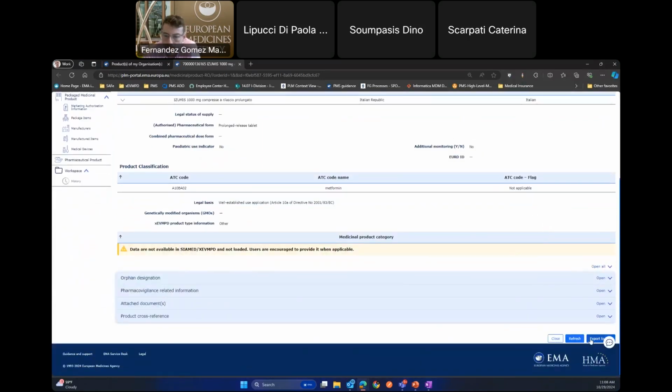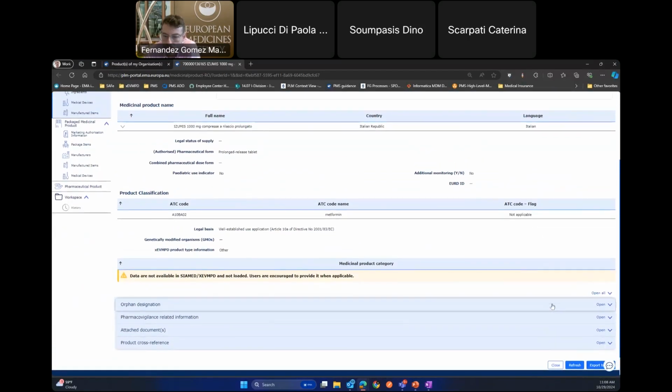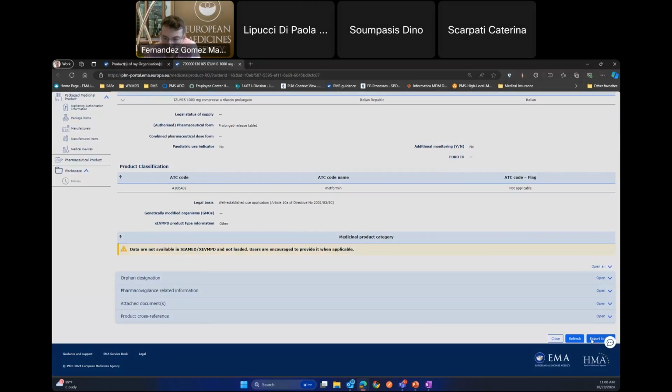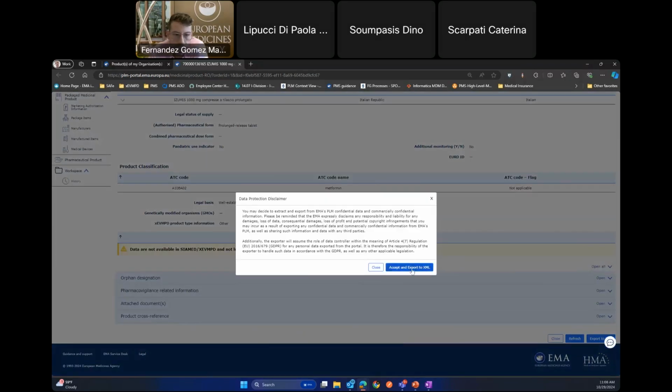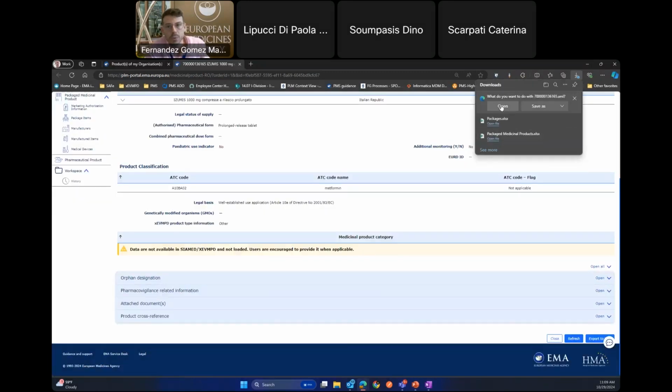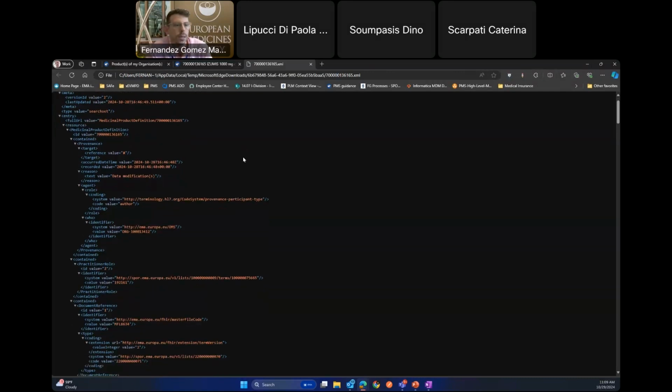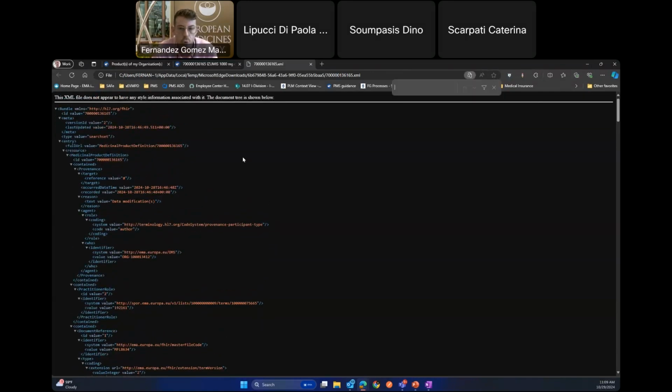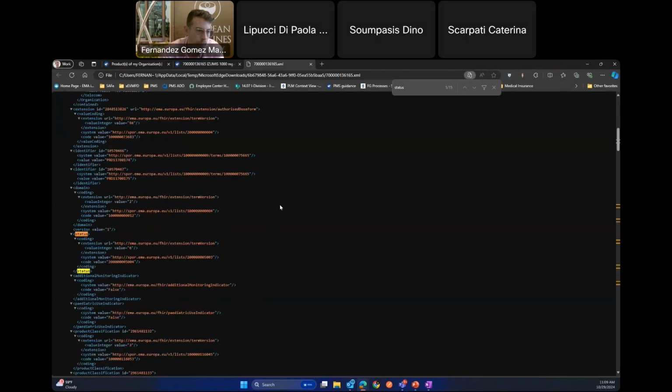Here at the end, you have this export to XML. If you click here, you read this data protection disclaimer, you will export the XML as we have it in PMS. And here you will be able to access, okay, it's very technical, but if you look for a status, you will see here that the status in this case is ending in